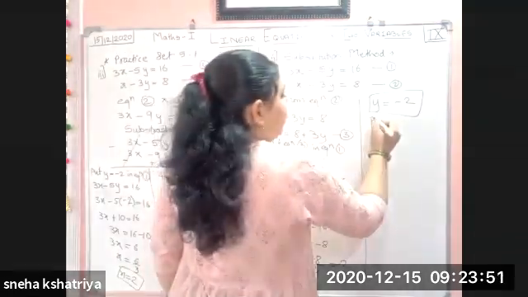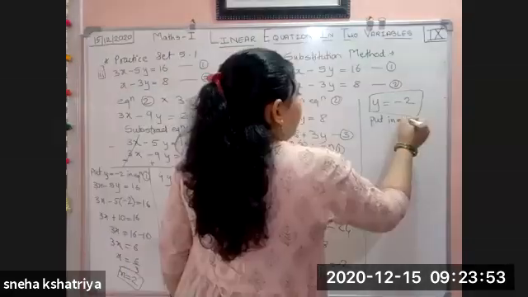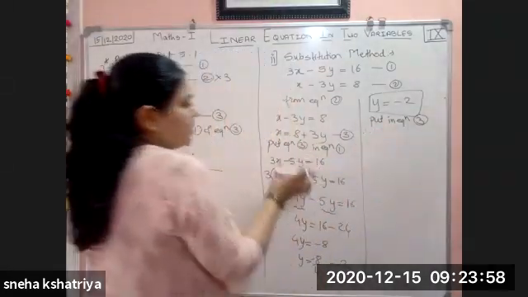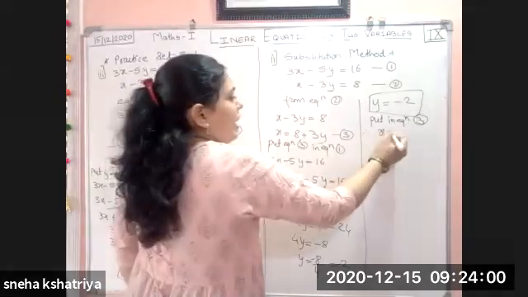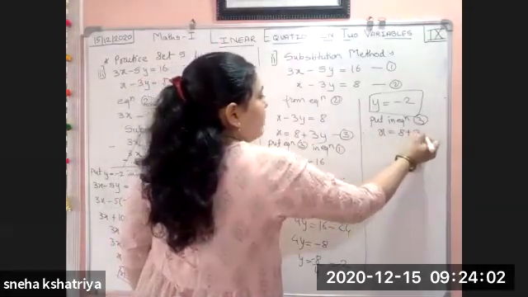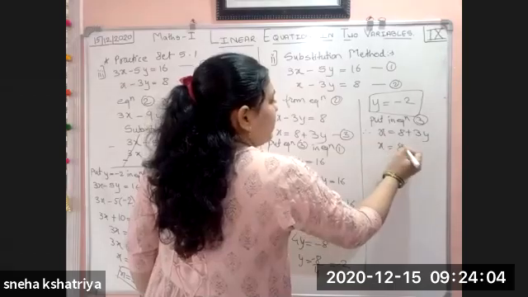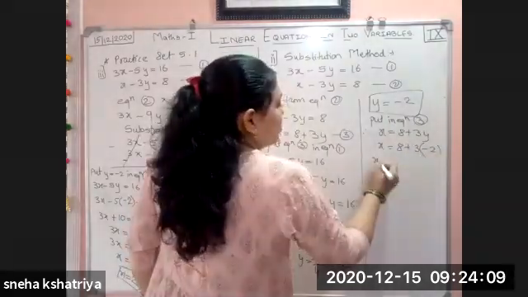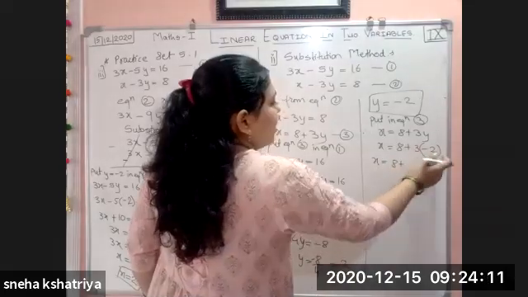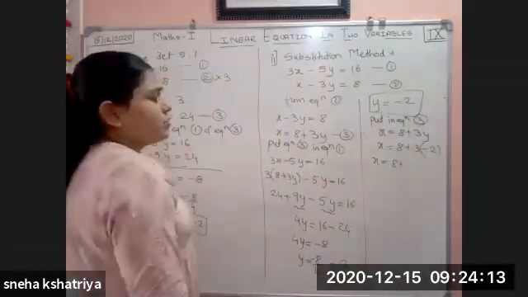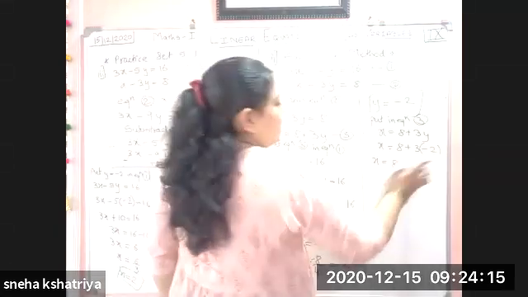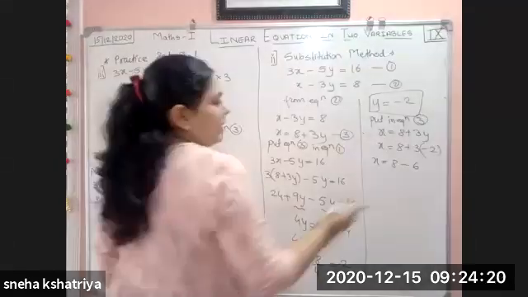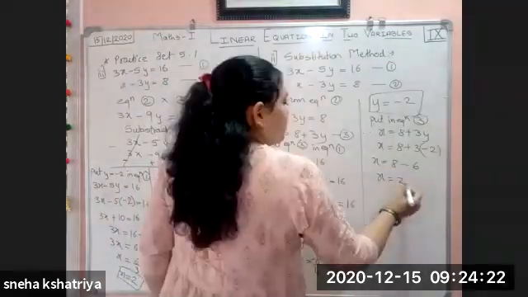Put in equation 3. Therefore, what is equation 3? x is equal to 8 plus 3y. So we get x is equal to 8 plus 3 into bracket, y value is minus 2. x is equal to 8 plus 3 into 2, that is 6. But it is minus sign, so it will become minus 6. Okay. So 8 minus 6 is 2. So x is equal to